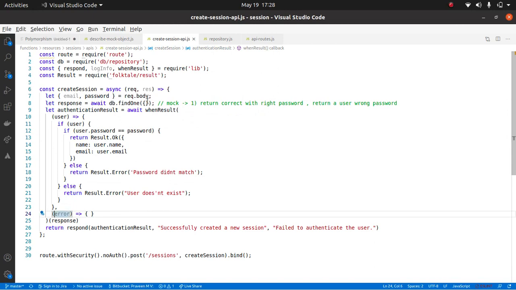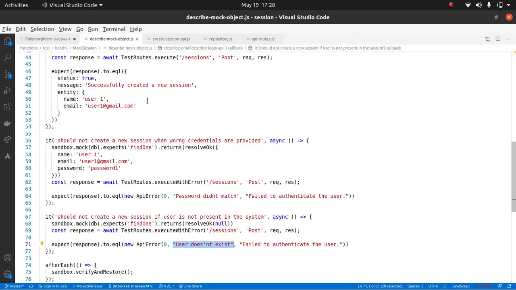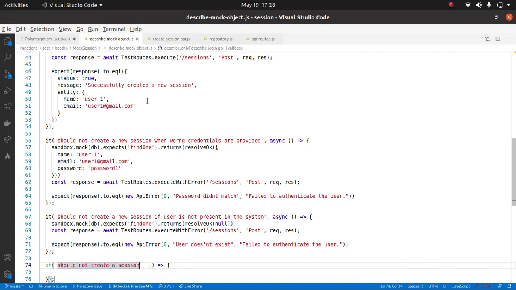That is also not covered over here, correct? So let us cover the exception. It should not create a session when there is an exception, when something goes wrong, right?